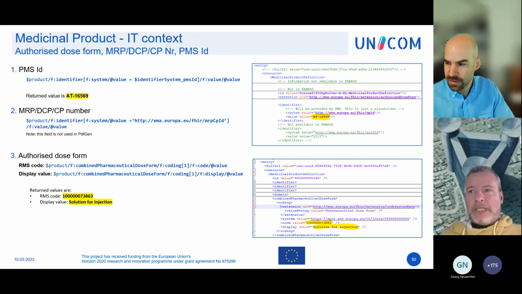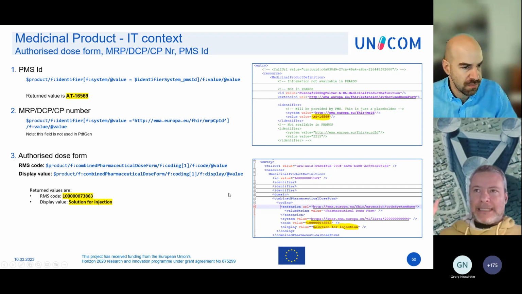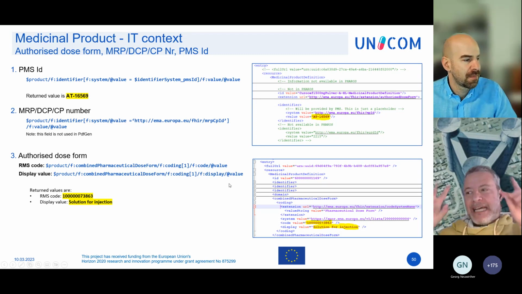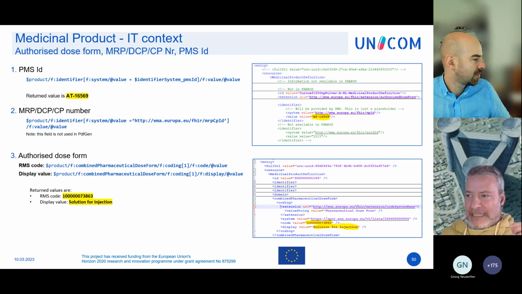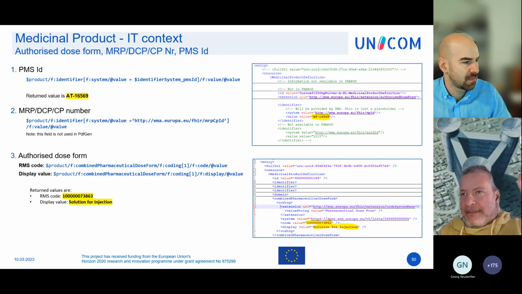Well, I would add that we did the same for lists, because we added an extension that gets a label of this system value that is displayed in a friendly and understandable way.